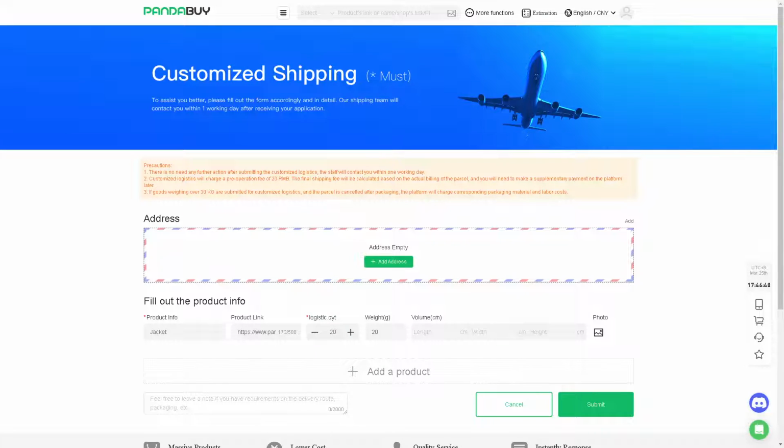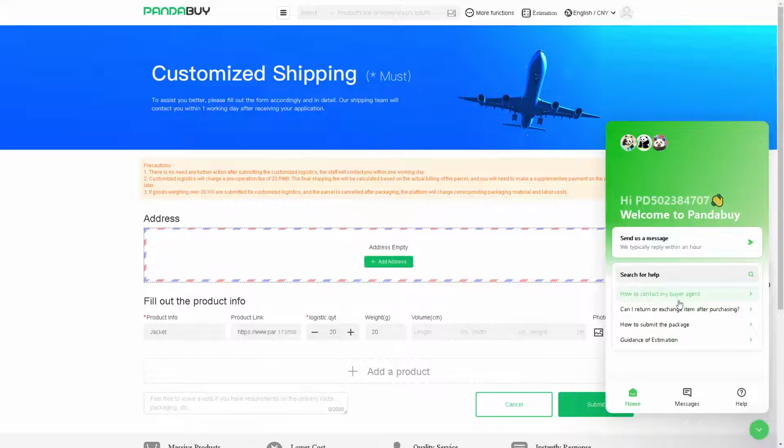And always, if you're a business or purchasing items in bulk, inquire about bulk shipping discounts from Pandabuy, which is located just here. Click on this option here. You can always inquire about bulk shipping discounts from Pandabuy, because most of the time they offer discounted rates for large volume shipments. I did that in the past because I was ordering like 100 shoelaces, and what I did was I contacted the customer support agent, because one of the sales professionals will be more than glad to assist you about bulk orders and how you can get more discounts and get a cheaper options in your